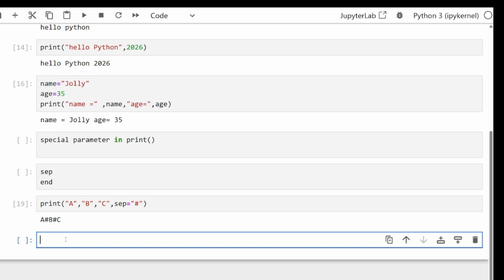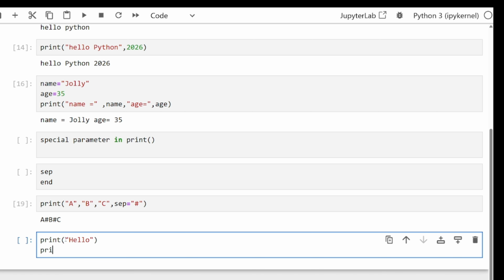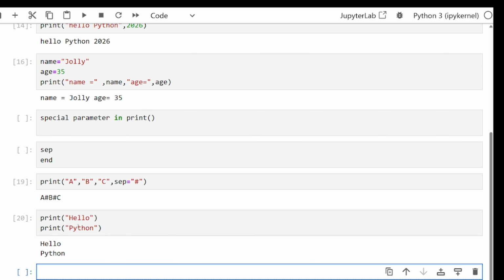Now we will see the end parameter. Print hello and in the next line print Python. When I run this program, it will print hello, then Python in the next line.